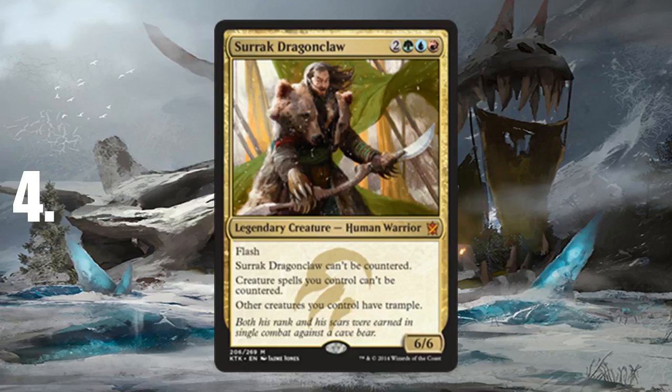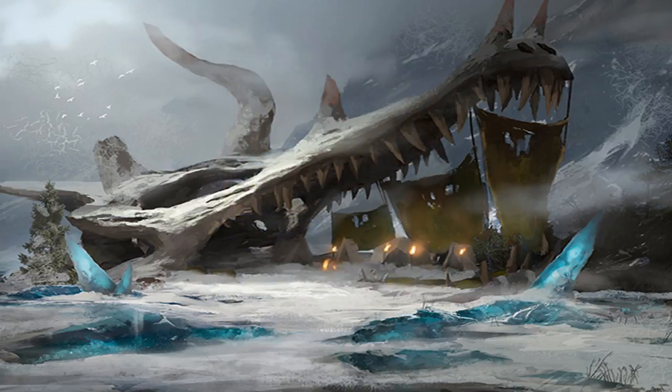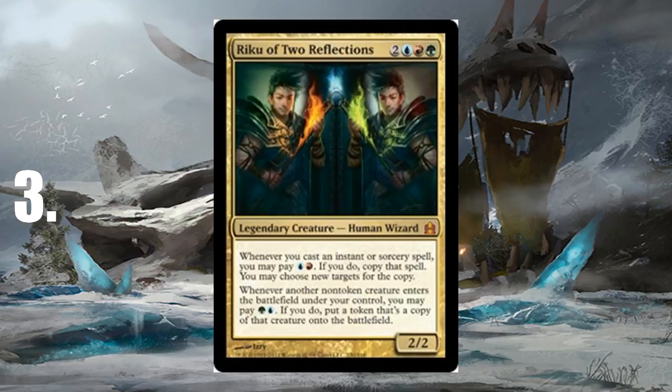Making those kinds of plays just uncounterable, it's really going to help you win games. The fact that he gives the static ability of Trample, that's just insane. Number 3 is Riku of 2 Reflections. Now, it's probably my favorite Temur commander option, mainly because he's not as easy to play as some other ones on this list, and 2 of them are upcoming, but he's just so much fun to play with when you